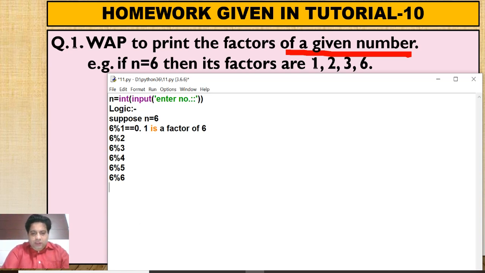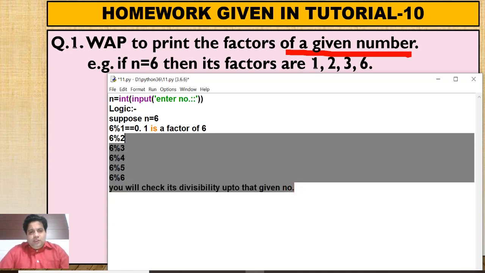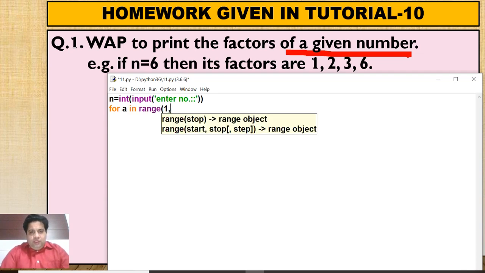The logic is you will check its divisibility up to that given number. Okay, so this is the logic. It means first of all we should execute the loop for a in range from 1 to that number.